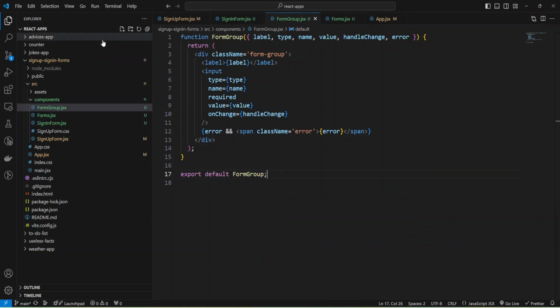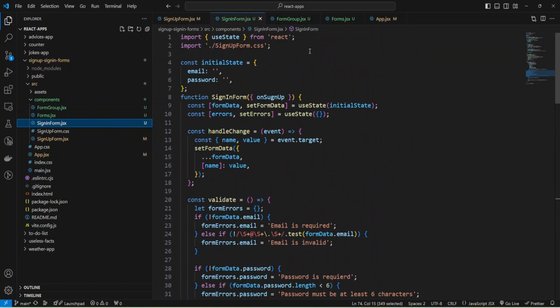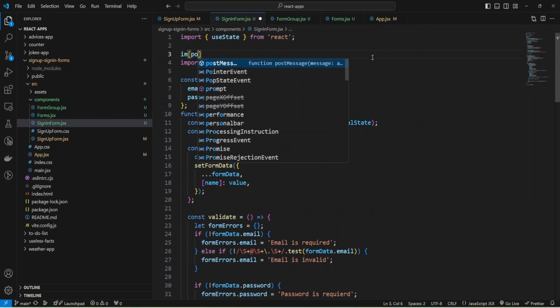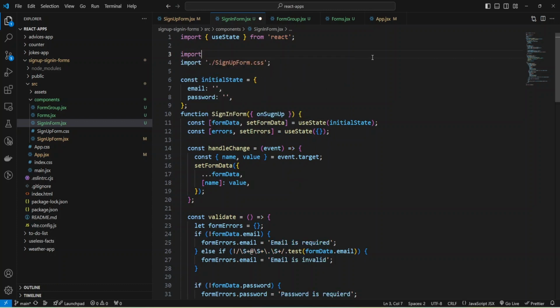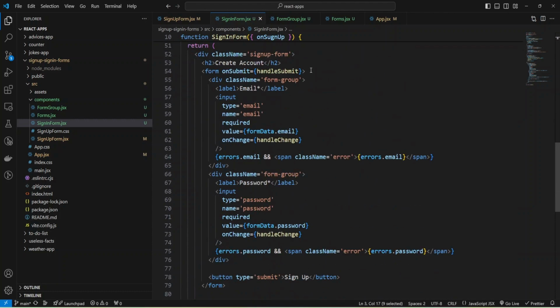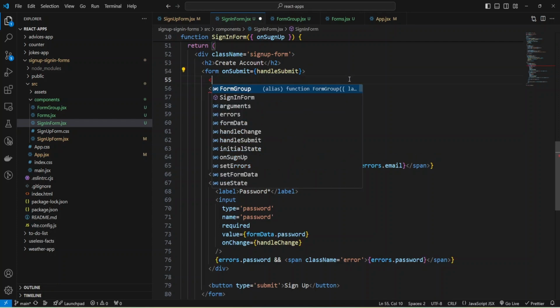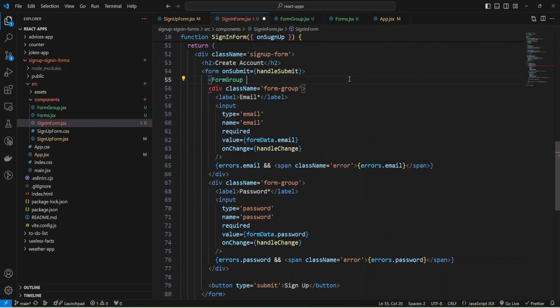and now I can use this component inside my forms. I need to add an import, form group, and provide this form group inside. Instead of this div, I'll have form group and I need to provide props. I can close it and provide props. A label will be email.